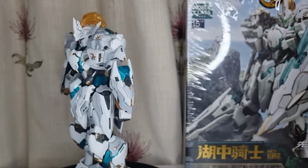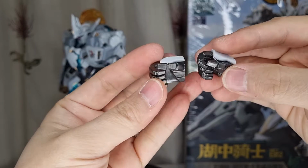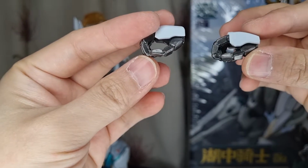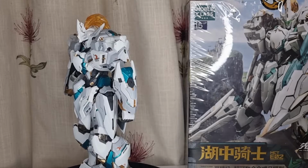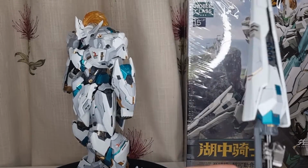So you got these two types of hands, and then you also have another two types of hands like this as well. One is holding a sword straight, and another one is holding it tilted. So that is also cool. Now, this is just for the sword holding hand, and they also have other hands here,